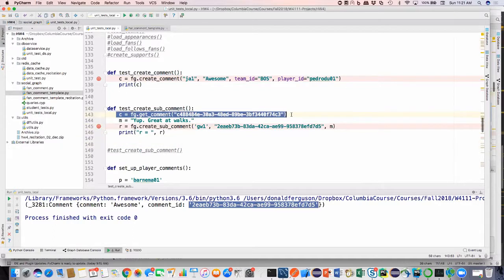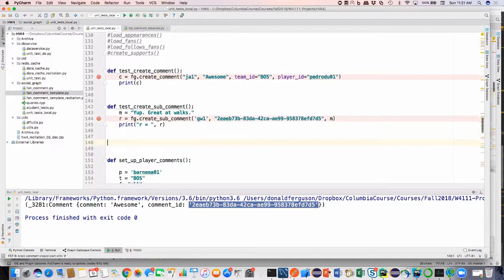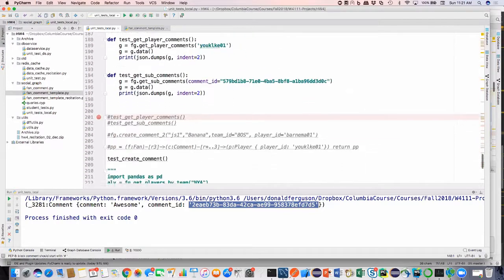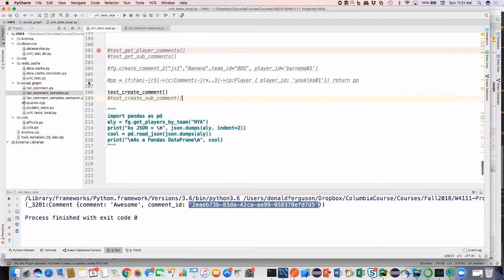The message is great at walks. So George Washington is going to create a sub comment on that. And then I just return it. I'll copy this out. Comment that out. And if I didn't make any mistakes,